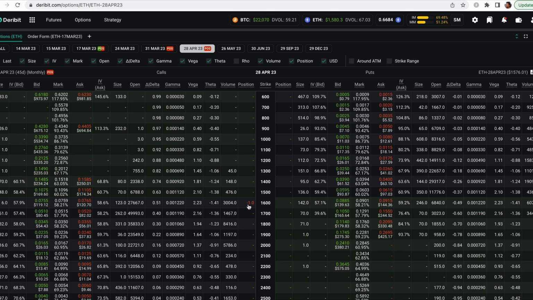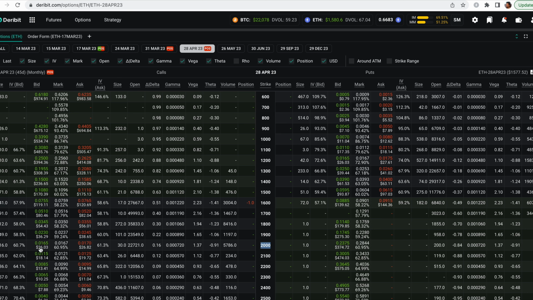That would be quite aggressive, but if we stick with some delta under 0.20, let's say this delta 0.16, that would still be quite okay, and that would give us a strike price of 2,000, and we would receive a premium of about 0.0165 Ethereum, or about $26 US. $26 US on 1,500 for